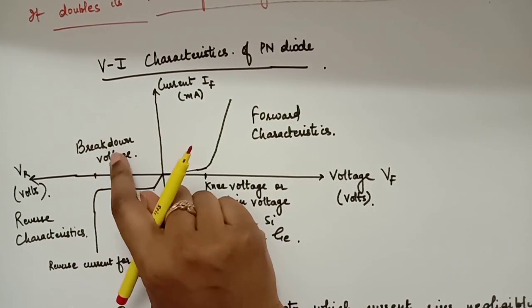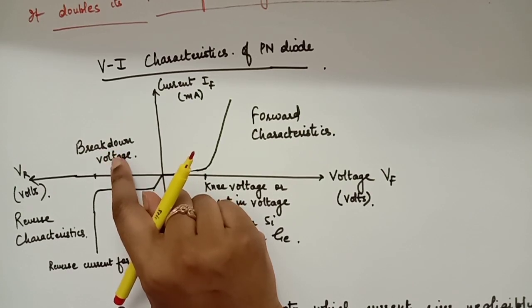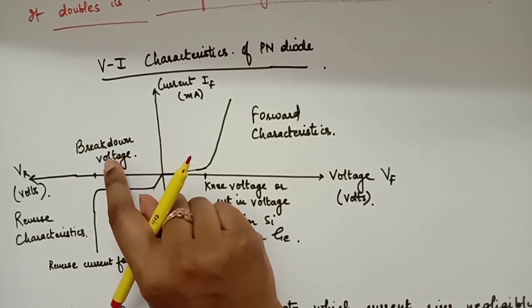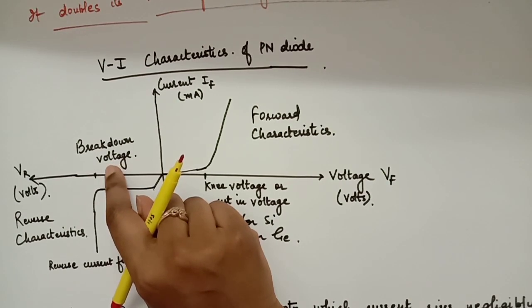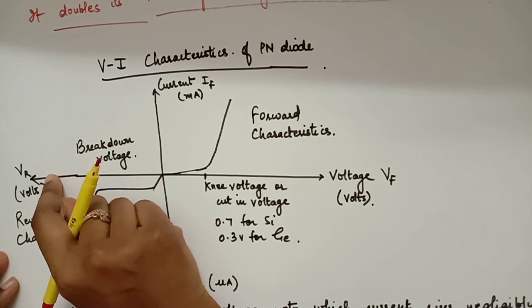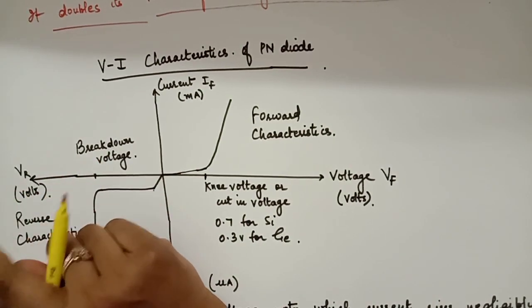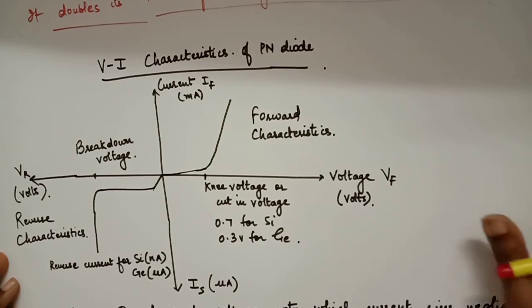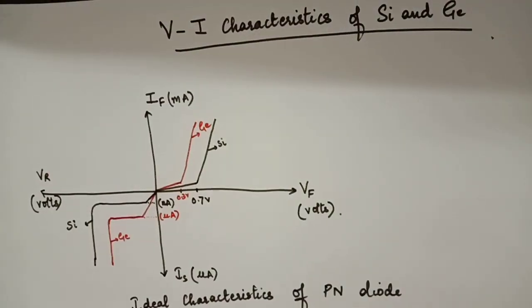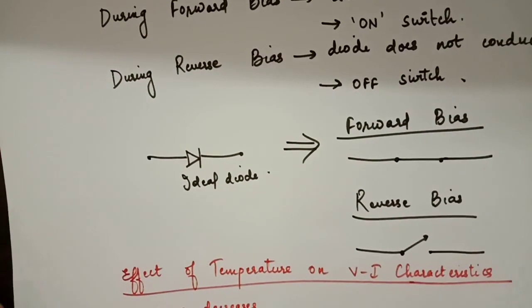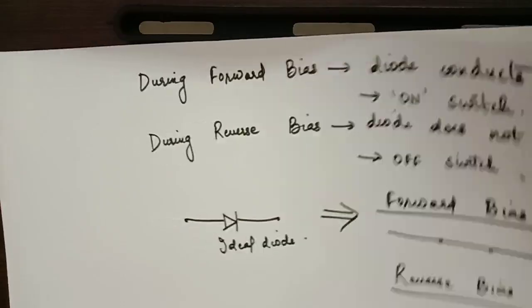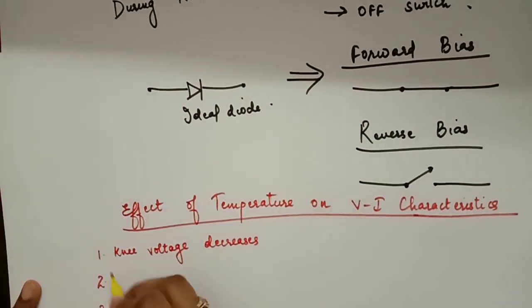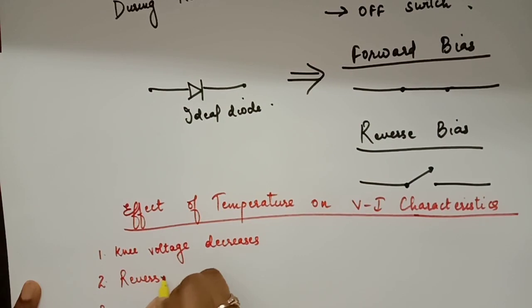So it will increase with the increase in temperature. And as far as breakdown voltage is concerned, you need to remember one thing, that it will increase with the increase in temperature. So as temperature will go on increasing, it will also go on increasing. That means the diode will break down later on as the temperature will increase. So these are the two more effects of temperature on the VI characteristics. In the case of reverse biasing, reverse saturation current increases. We have already learnt it in the reverse biasing case.